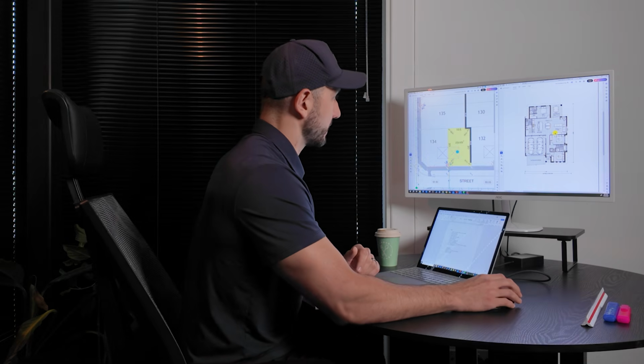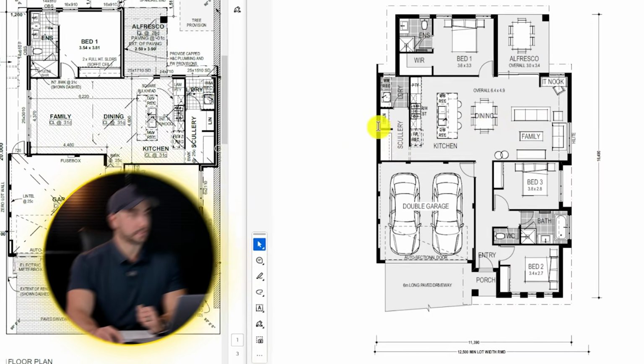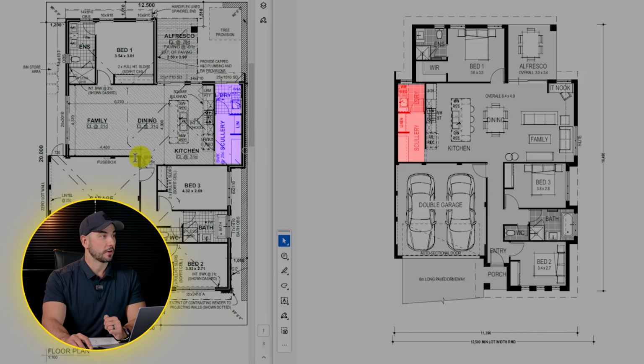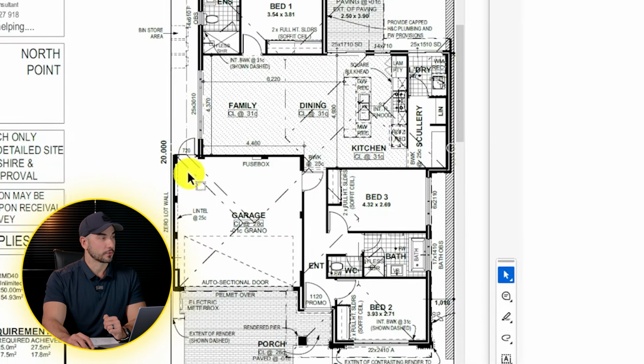So this is where I come into play a little bit more, and I try to put in more detail and more effort regardless of my client's budget. I try to optimize the plan for what they're trying to achieve. So revision 1, the first thing we're going to do is create space to have an access point to the garage. We flipped our family dining kitchen scullery area. So you can see I've put that on the boundary, and we've now got that access point to the garage